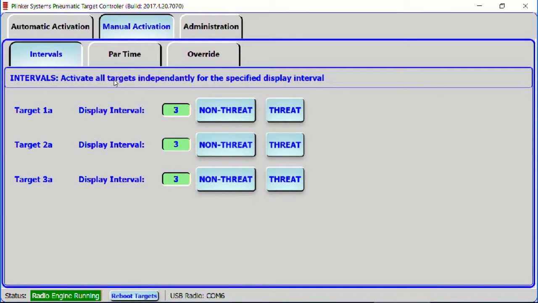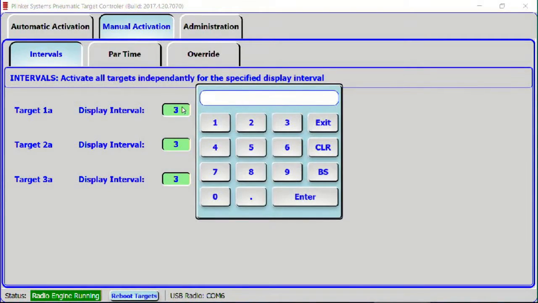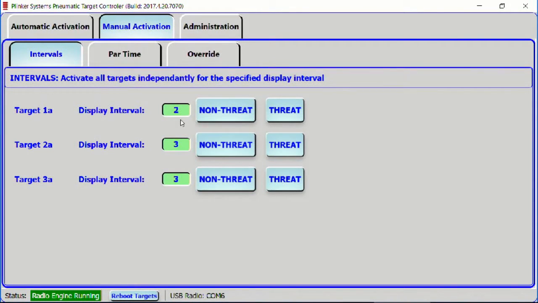and I look at target 1A, the manual activation interval tab allows us to display either the threat or the non-threat for a specific period of time. If I want to change that interval, I click on it and it brings up a calculator or a keypad where I can just type in what I want, say 2 seconds, and I click enter and it updates it. So now I'm going to click the non-threat button,